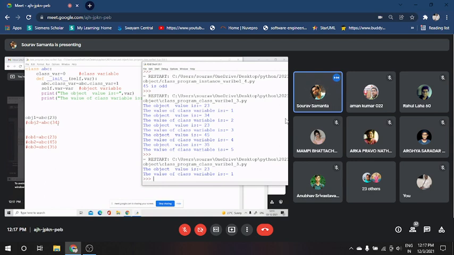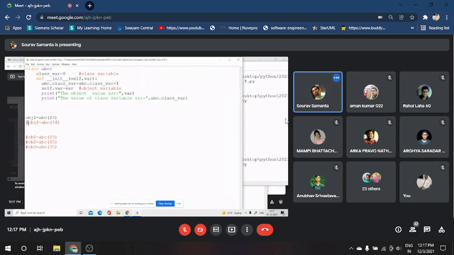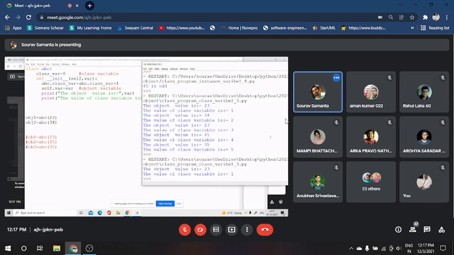That value will be assigned to the var copy of the obj1 object, because obj1 object has one copy of var. Now if we just uncomment obj2, obj2 will be assigned another value of var in the obj2 dot var variable.